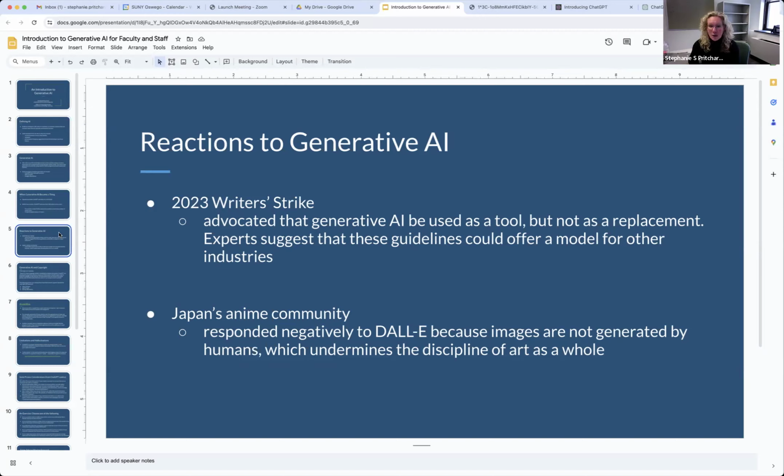There were all kinds of questions, like every other day something in the Chronicle of Higher Education would feature a story asking, is AI going to replace teachers? Are teachers all out of jobs? So the writers' strike really advocated that AI can be used, but it should not be used to replace human workers. And the writers' strike was suggested as a sort of model for other companies and other industries that are considering AI